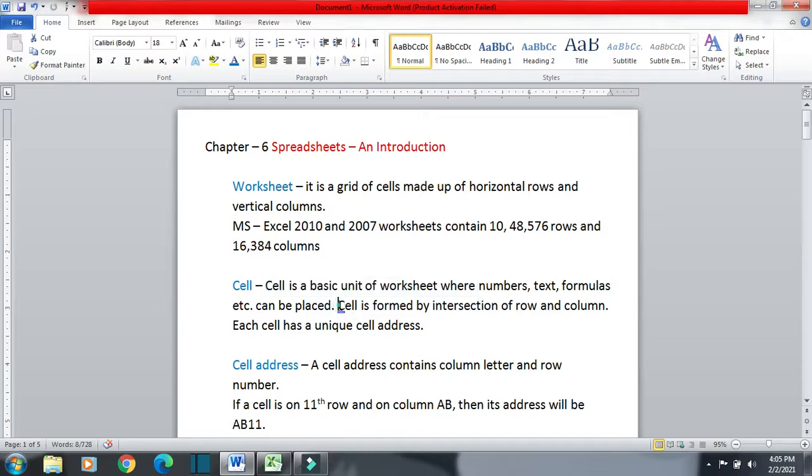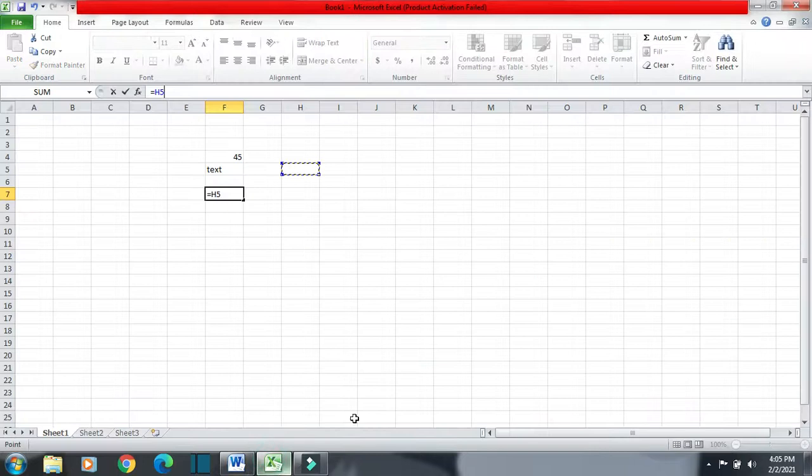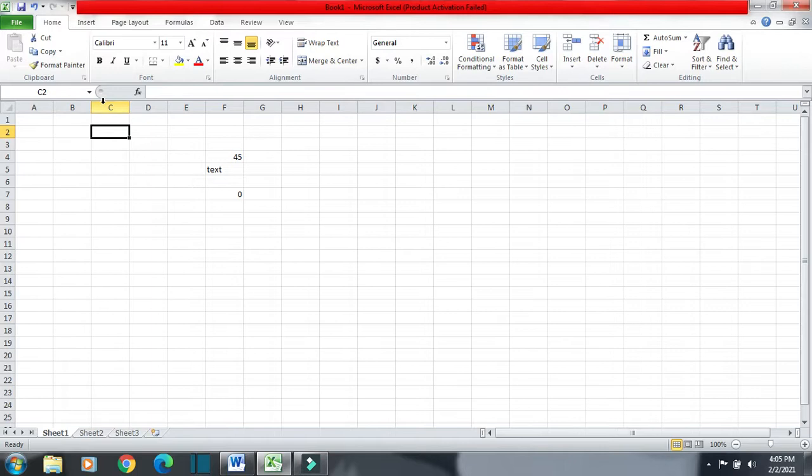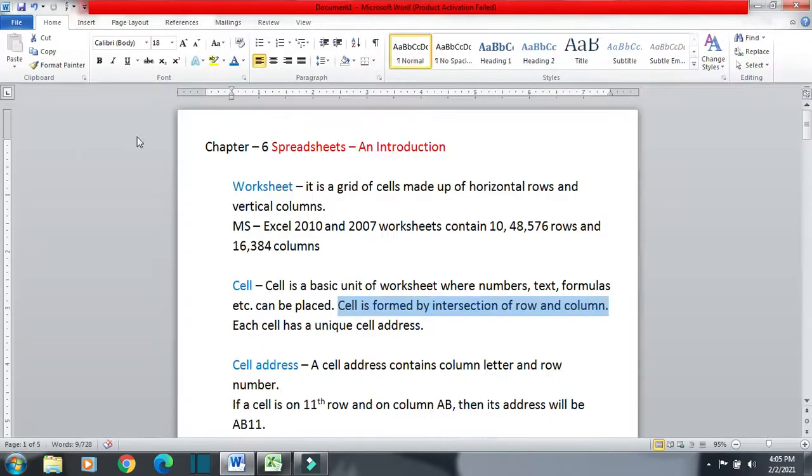Cell is formed by the intersection of row and column. Cell is a place where rows and columns intersect. Suppose here you can see the column C and the row number 2 intersecting. So this is cell C2, meaning the column named C and row number 2 intersect here.